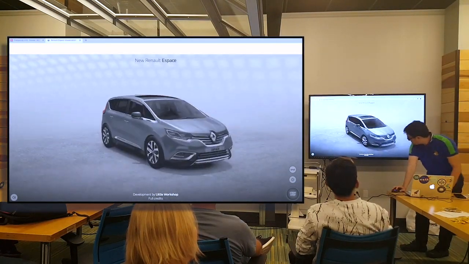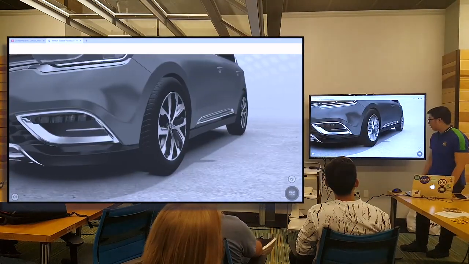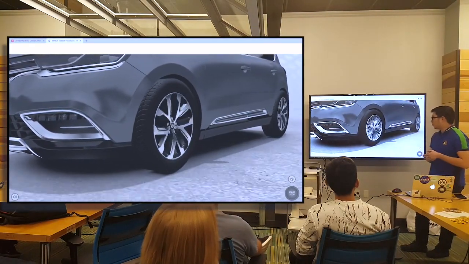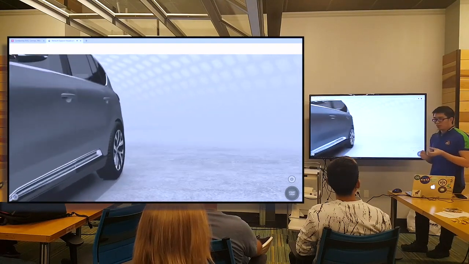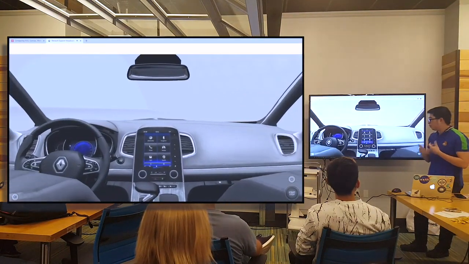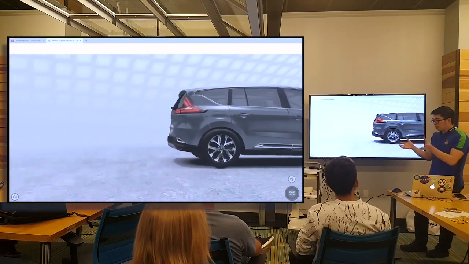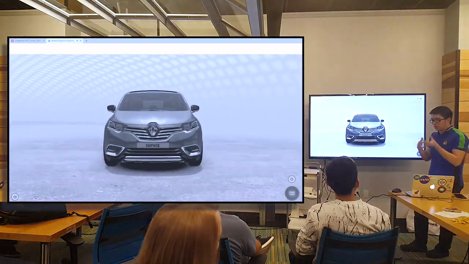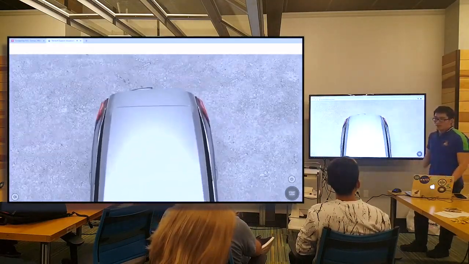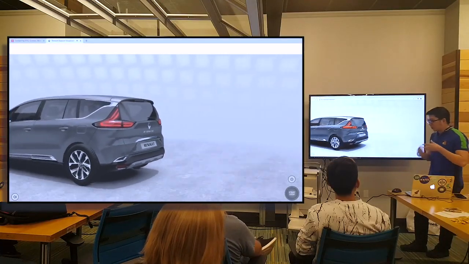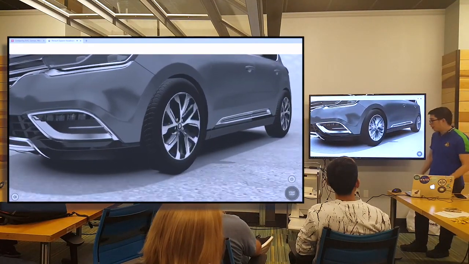That's the Renault E-Space. I have never heard of this car before, but it's really cool because you can start up the animation. It's got sound playing as well, and it's just a nice, good visual representation of what WebGL is capable of. So pretty much anything you can do in a simulation software or a video game engine like Unity or Unreal, you can actually write your actual assets in that program. So it's much easier to wrap your head around, and then export it off as WebGL. And you can play video games on your browser. So it gives you the ultimate amount of flexibility to do whatever you want. If you want to run VR simulations, you can do it in the browser. And everyone has a browser, so